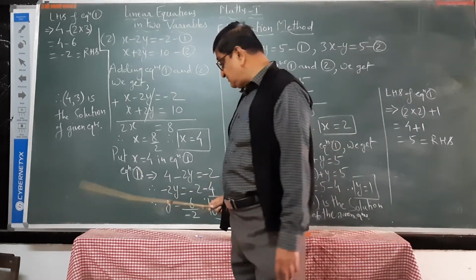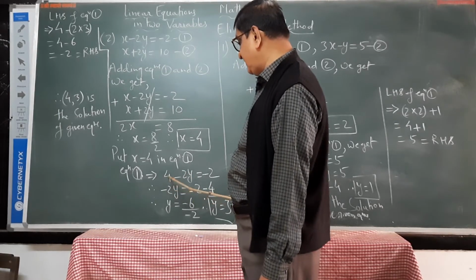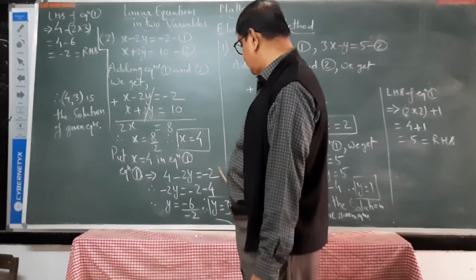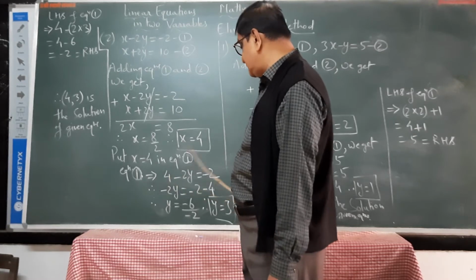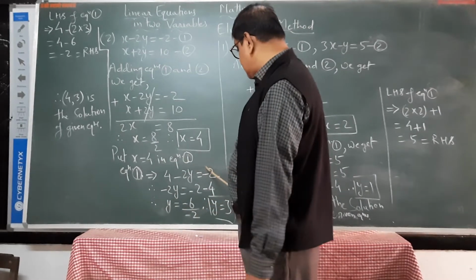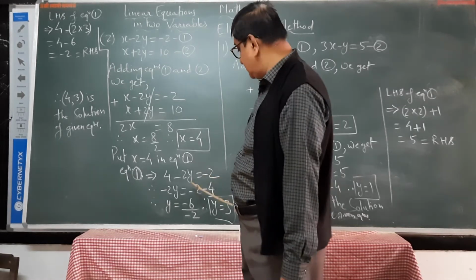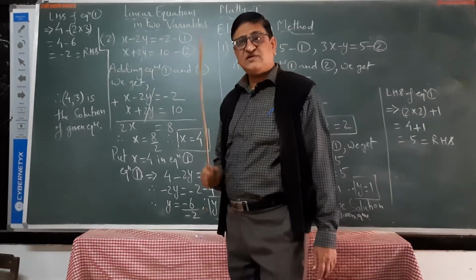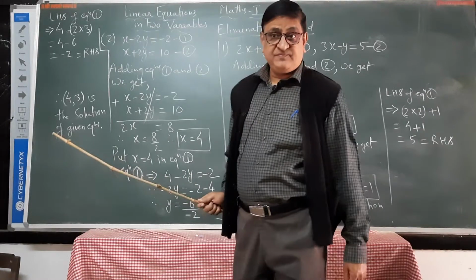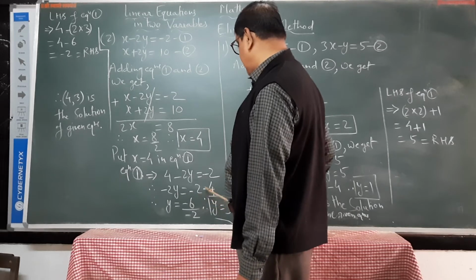Now here this is very important. Minus 2y is on the left side. We have moved 4 to the right hand side of the equal to sign. So here this 4 will change to minus 4. Now what do students do? They generally change the sign of 2. They put plus 2 here. Whichever number you are moving across the equal to sign, only that sign you have to change. So here minus 2 and minus 4.